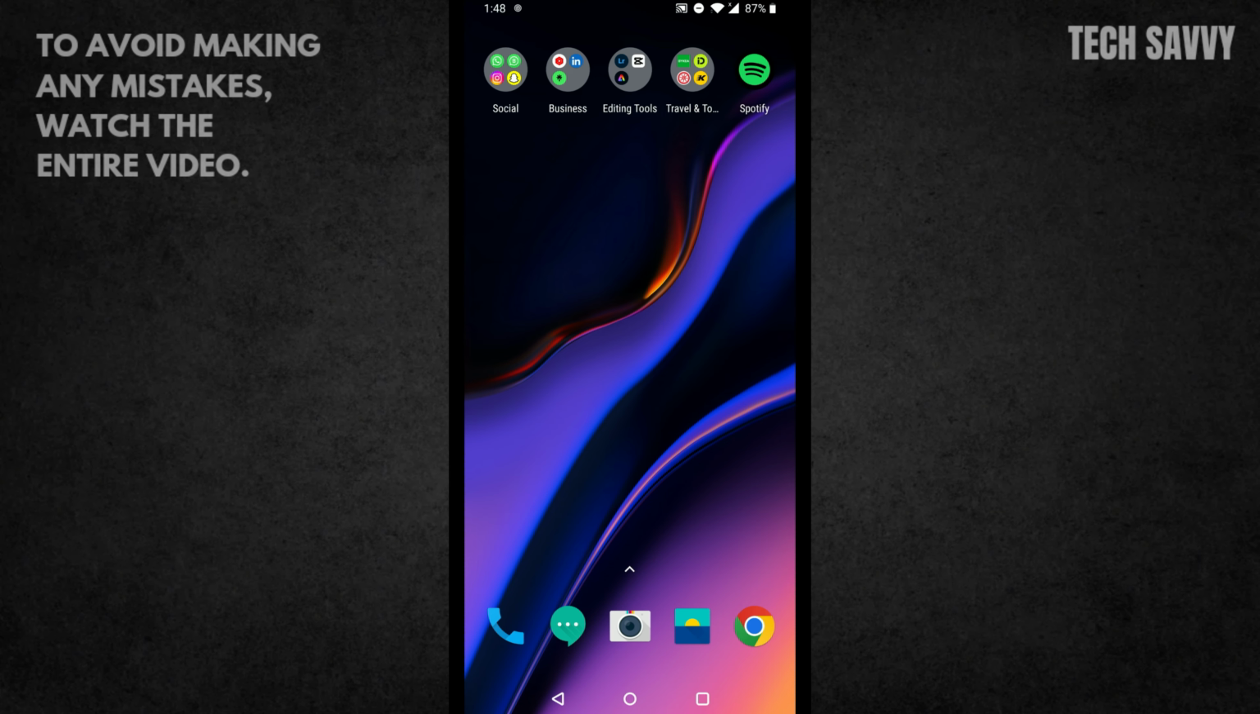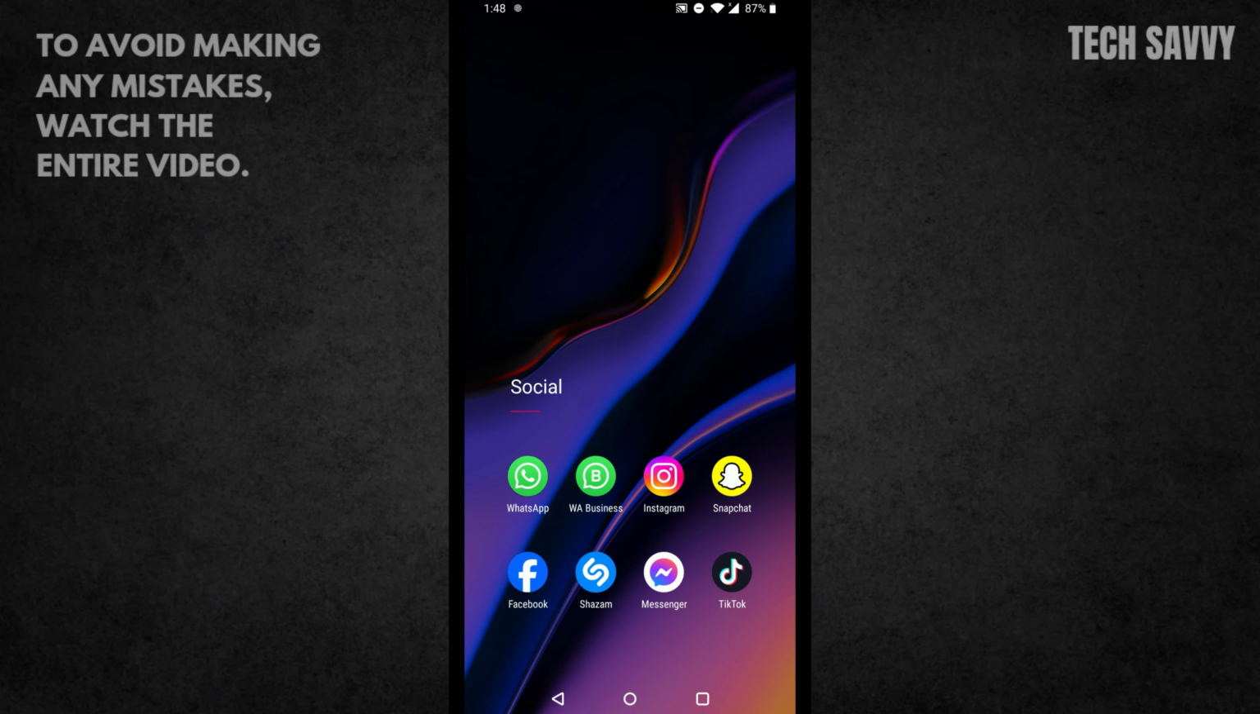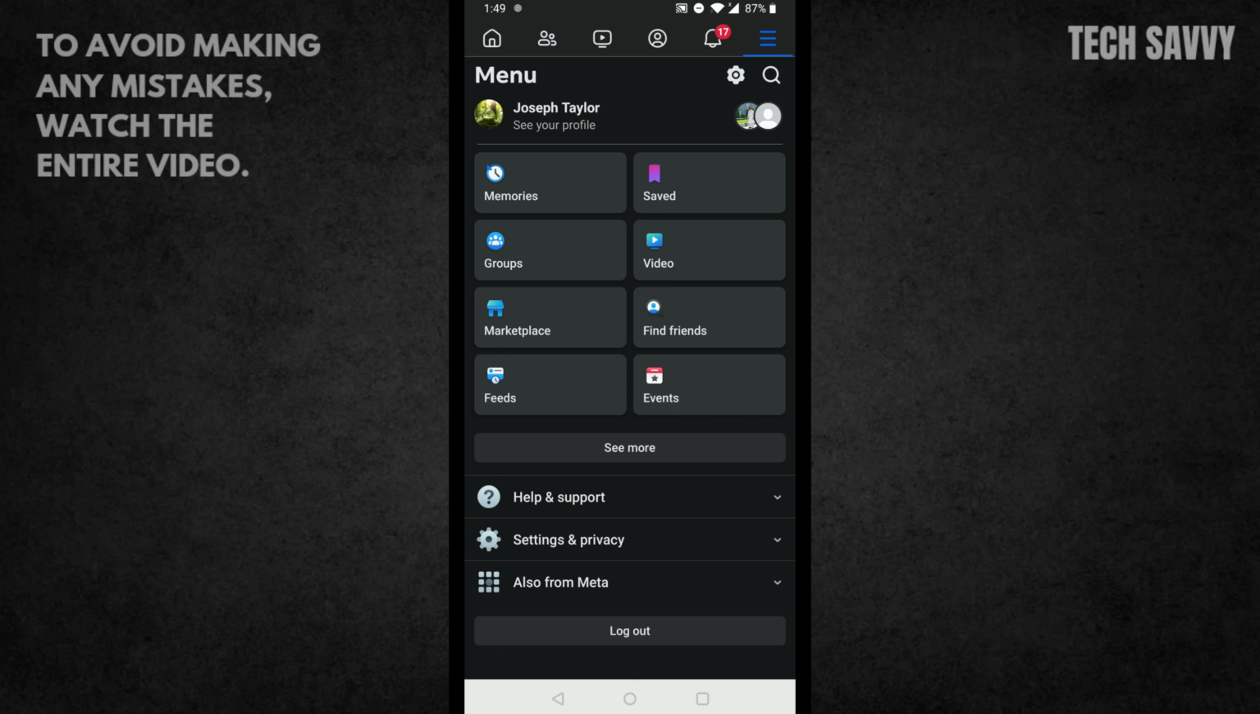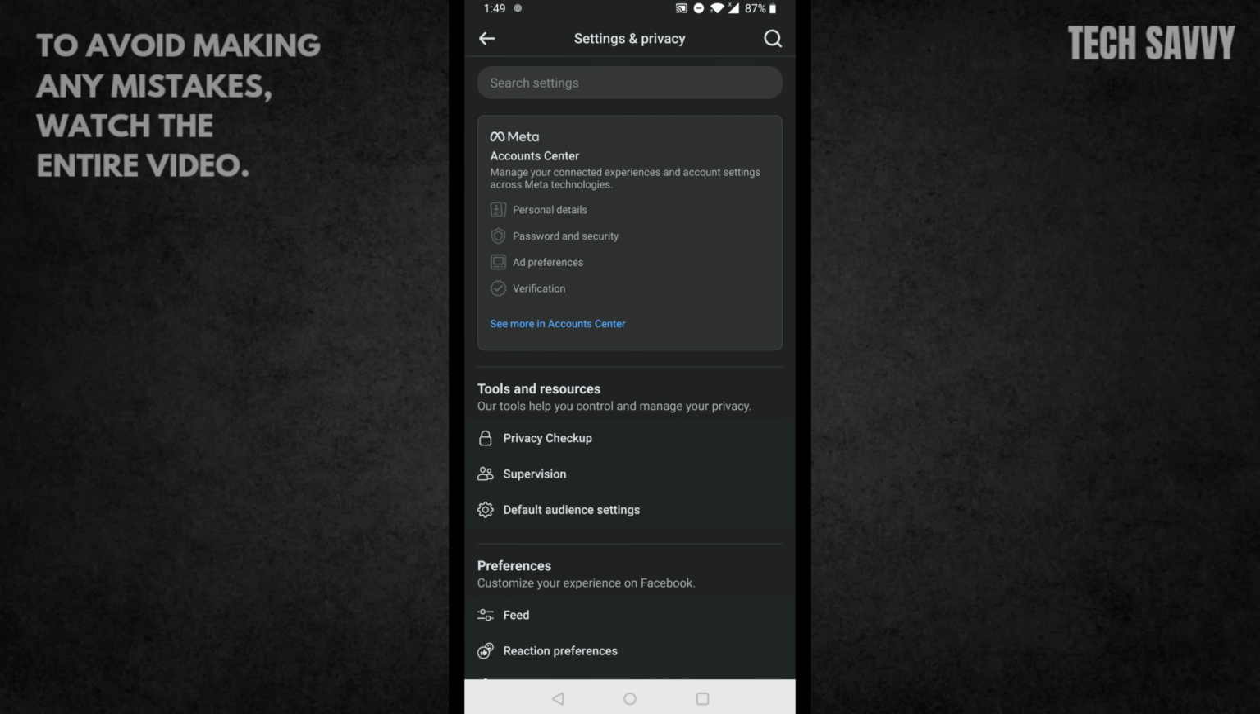First, open up the Facebook app on your phone. And once you are here, you have to simply tap on the three lines at the top right corner. And now tap on the gear icon at the top right corner. And once you are in the settings menu, you have to simply scroll down